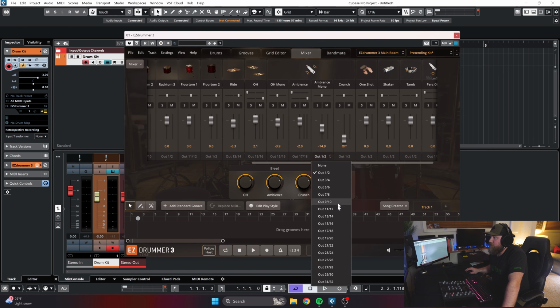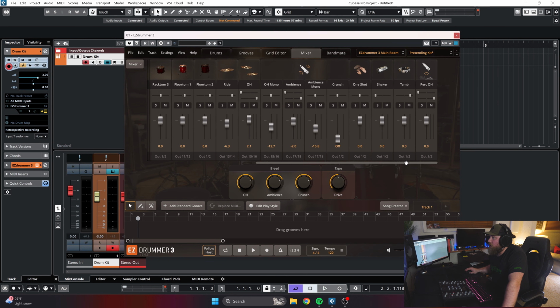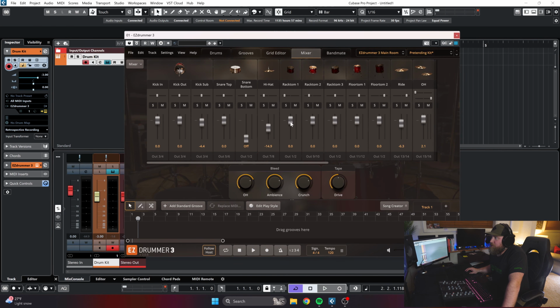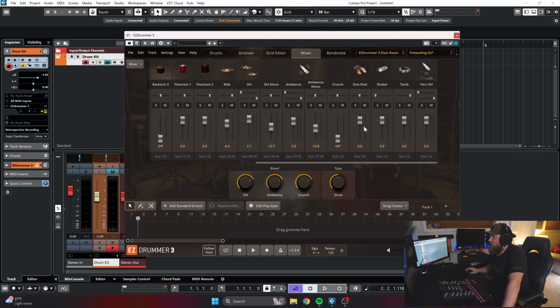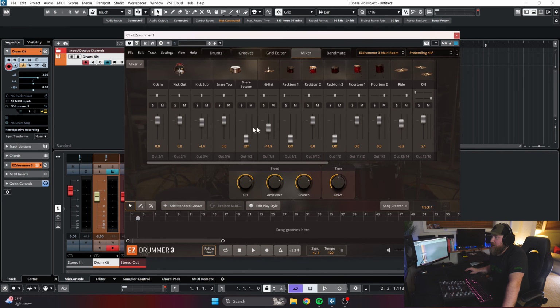17, 18, and do the same thing here. And of course I can come in here and adjust and blend these how I want. But I'll just kind of leave it here for now. The rest of these, out 1 and 2, that is fine. Most of these, sometimes I'll come in here and just bring these down just because I want to. But okay, now that we got that set up, so output 3, 4, 3, 4, 3,